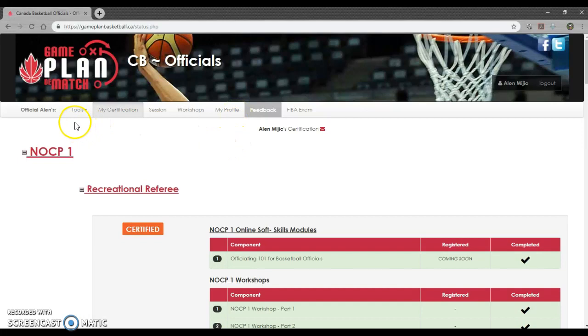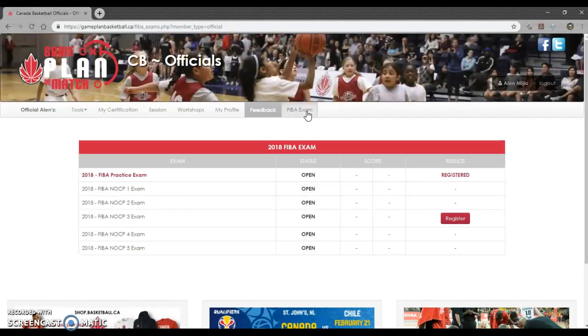Canada Basketball. So to access the exam, on the very top there's a toolbar, and the very last link is FIBA exam. Click on that. If this is not what you see when you log into Game Plan,